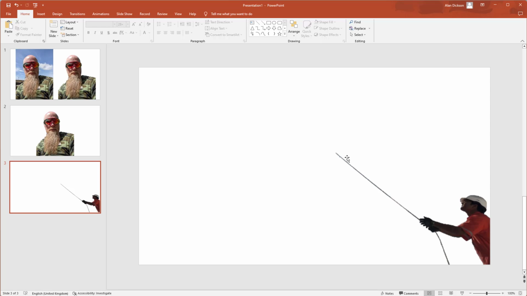Now, just note though, I've been doing this on a PowerPoint which I've got installed on my computer. PowerPoint online, I cannot find a way of doing this. I've been Googling it and it's not helping me. Microsoft is always referring me back to the downloaded version of it. So I cannot find a way of doing it. But anyway,